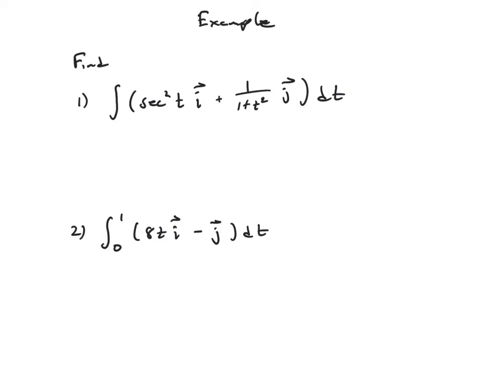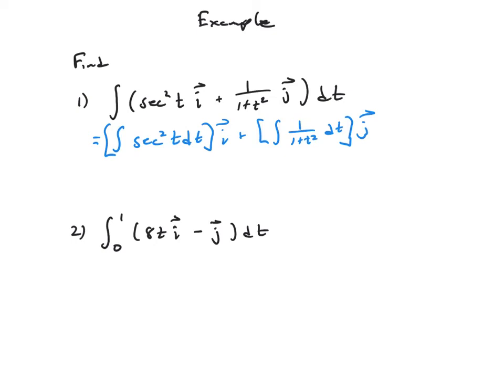Again, let's take a look at a couple examples now. In this first case, I have the integral of secant squared t times vector i plus 1 over 1 plus t squared times vector j dt. So I know that this is just going to equal the integral of secant squared t dt, times i, plus the integral of 1 over 1 plus t squared dt